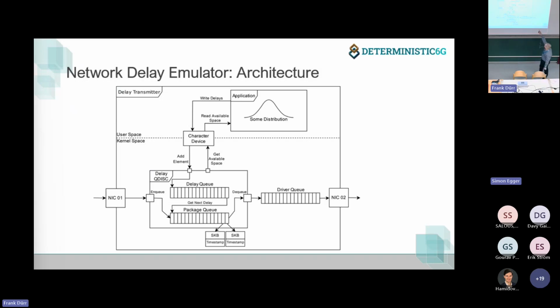And we have a network interface on the right-hand side. Let's assume traffic is flowing from the left to the right. Then it's going into our QDisk here. And QDisk stands for queuing discipline, by the way. Queuing discipline is, again, something like scheduling, like Simon invented. And then it goes into some buffers. And after some time, we take it out of the buffer, dequeue it, and send it to the driver and